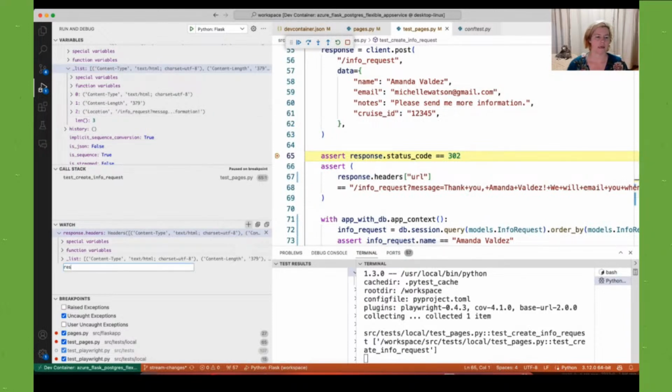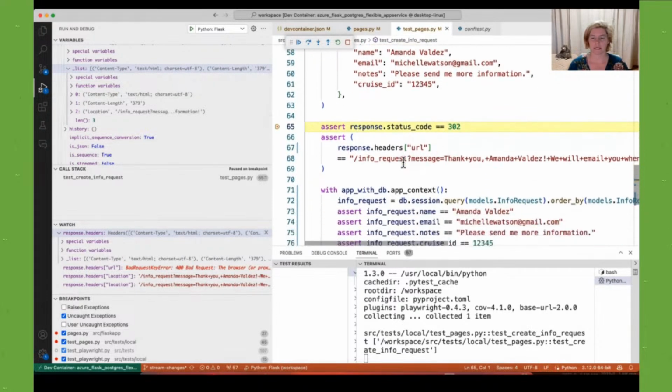We could also try saying here response.headers URL and seeing that does result in just a straight up error. So that's the error that we saw. So we replicated that. So we say okay, well, what if I did response.headers location? Would that work? And we can see that does look like what we want it to be. And we can even try other things, like what if we did lowercase location? Does that work? And it actually does. So that's really interesting. So this is obviously a special sort of object that behaves a little bit differently than a standard dictionary. So we're going to say response.headers location,